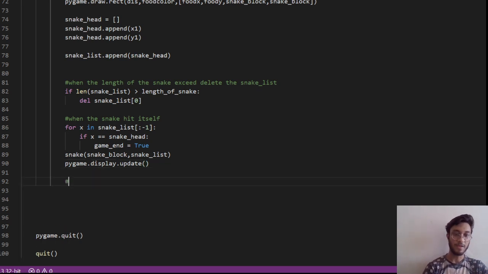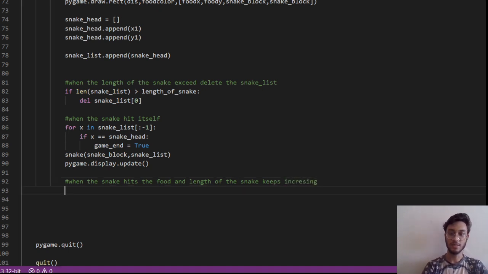Now, when the above two scenarios don't happen, it means the game is still on. The snake is eating the food. When the snake hits the food and the length of the snake is increasing, what should be the logic? Simple.